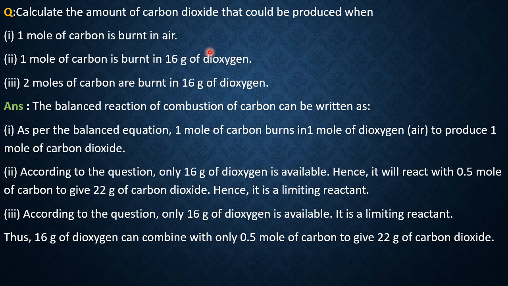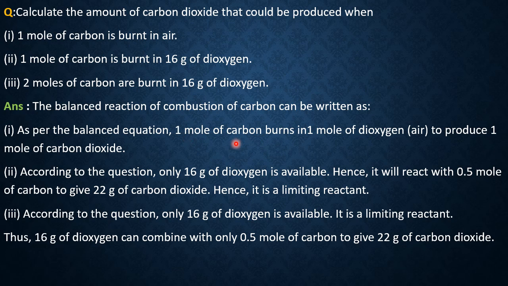So, for 1 mole of carbon, how much is required? That much will be taken and forms CO2, that is 1 mole of CO2. What is 1 mole of CO2? 1 mole of CO2 equal to gram molecular mass of CO2. So, CO2 is made up of C plus 2O. 1 C equal to 12, 2O equal to 16 plus 16, 32, totally 44. So, when 1 mole of carbon is burnt, it takes 1 mole of O2 only to form 1 mole of CO2, which is equal to 44 grams.